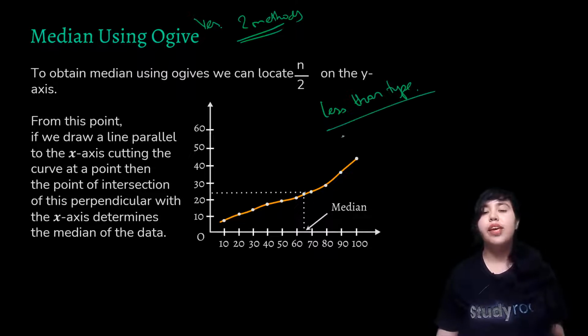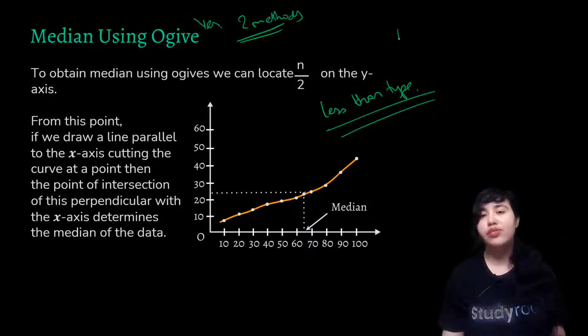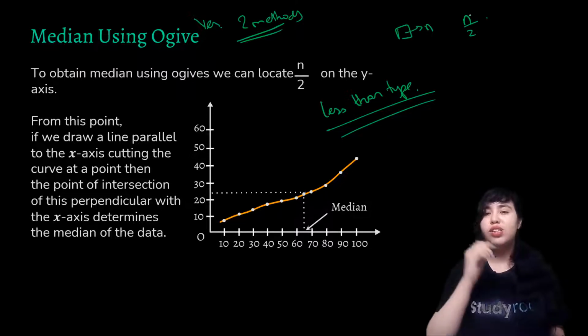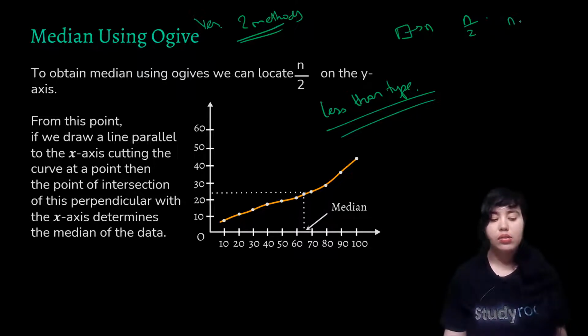So here, if I give you a cumulative frequency table, what do you do? For less than type of table, you look at the last cumulative frequency, you call that n, and then you do n by 2, and then you look for the observation corresponding to this n by 2th cumulative frequency, and that's how you get your median class, and then you use the formula for grouped data. So here also you do the same thing. You can calculate your n over here. Okay, so the n over here is 53.